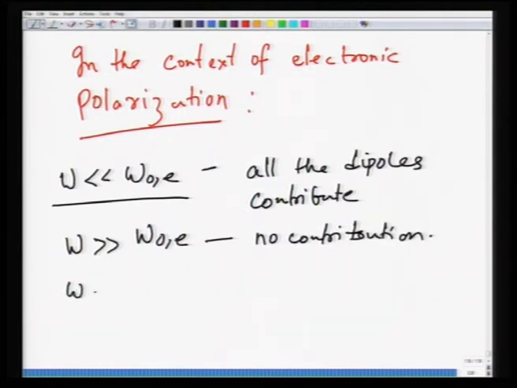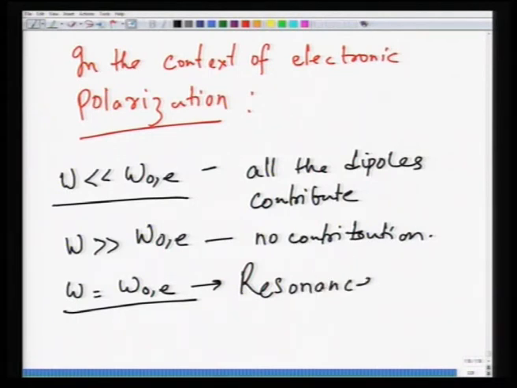And when omega is equal to omega naught E, this is equal to the natural frequency of vibration of this particular system, and when this happens, resonance occurs. You can understand this resonance in terms of a swing. Whether you push a swing too fast or too slow, you have to apply more force, but when the frequency matches, when resonance occurs, the swing moves effortlessly, as if you have to apply very little force.